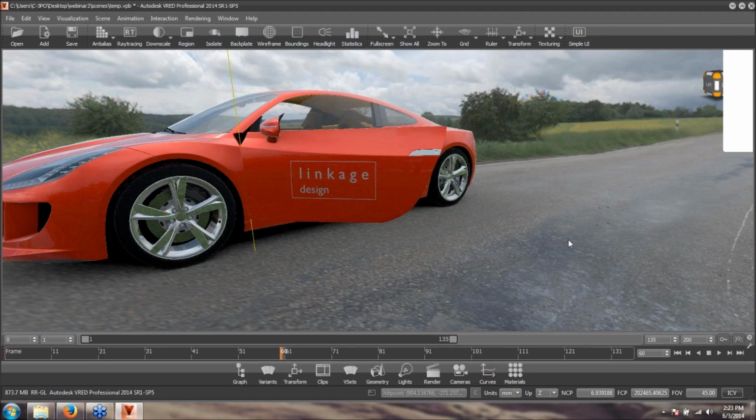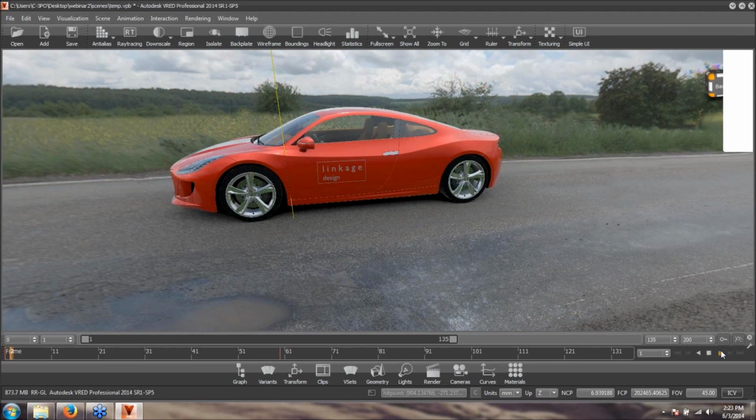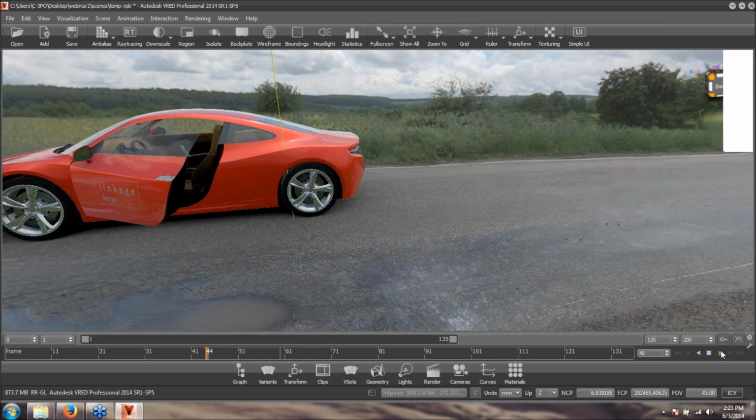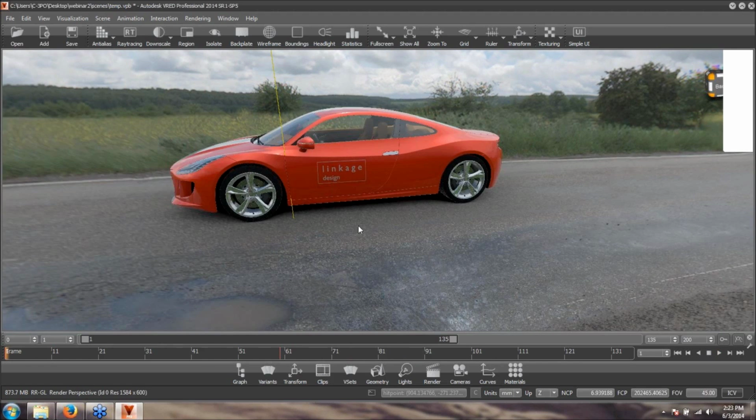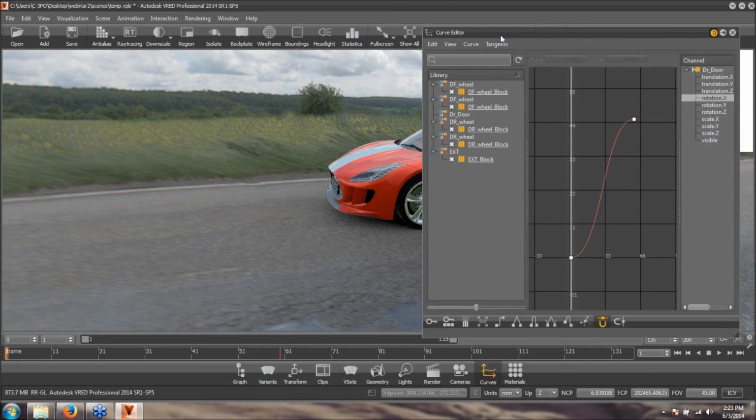When I play my animation, the door is opening and the vehicle is taking off, which is not exactly what I want. But I can adjust all that in the clip editor. So back to the curve editor,